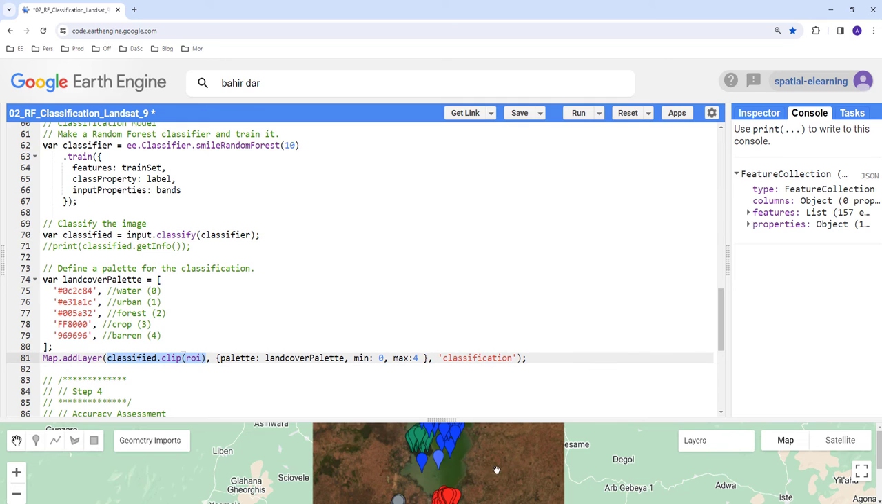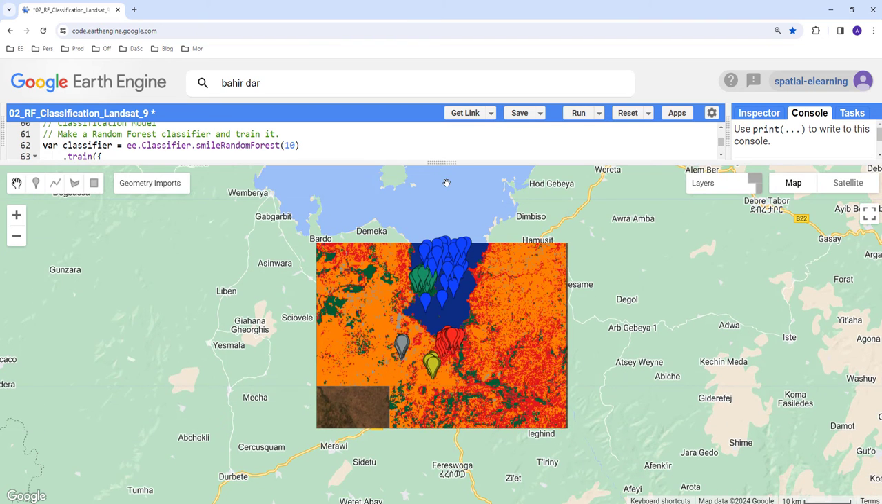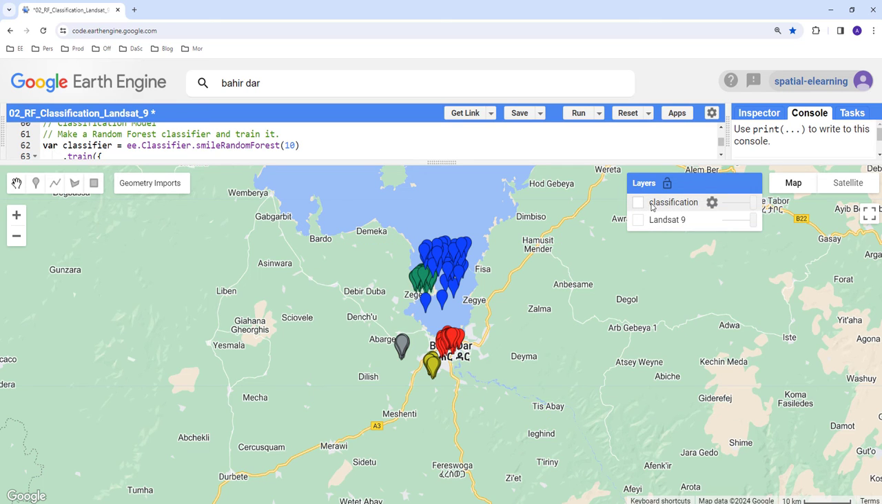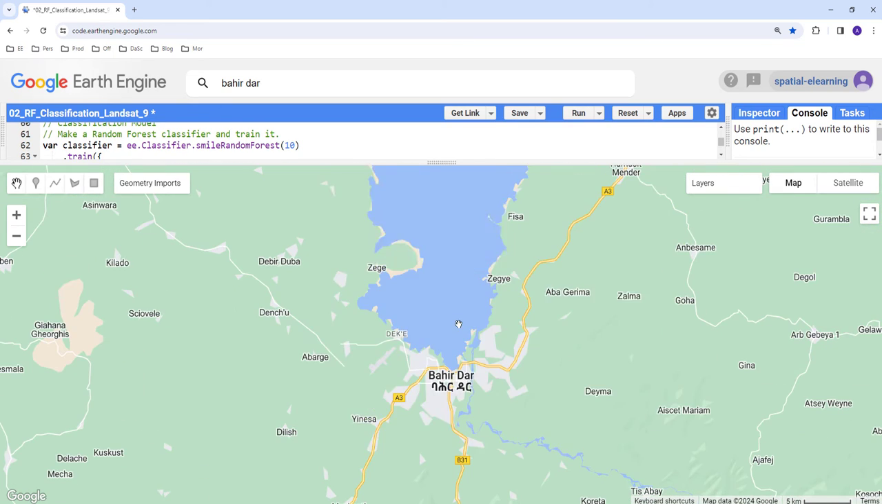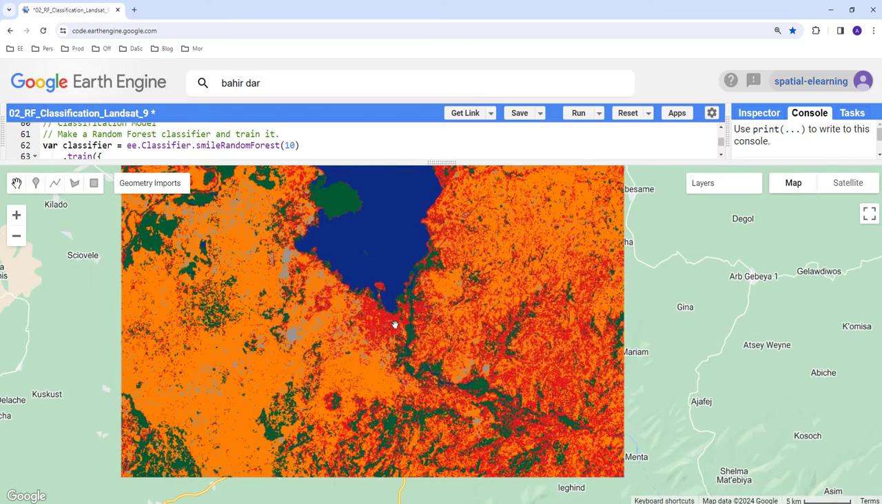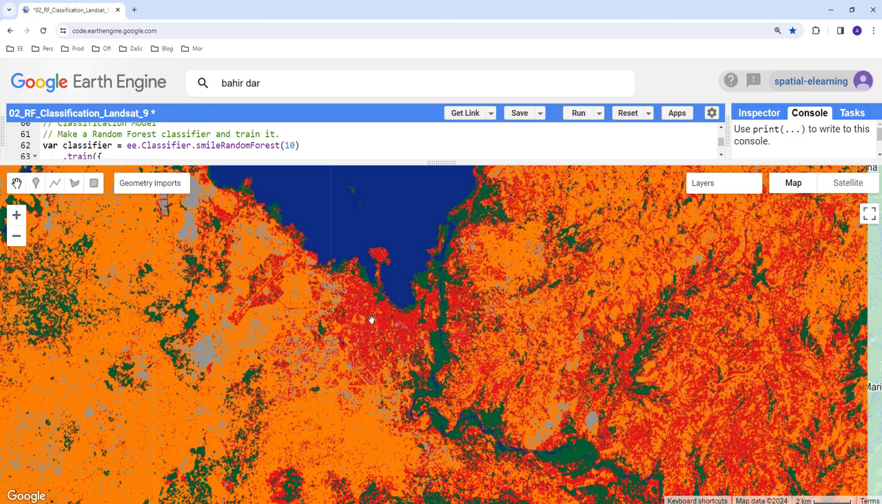We're gonna clip it by our region of interest here, and then provide a color palette here, the land cover palette here, and min max is just different land cover classes from 0 to 4, remember, and then the layer name here. That is it, and we're gonna see hopefully land cover classification on our map canvas here. Let's just remove the Landsat image. Let's remove the training data sets here, or label here, that way. So now we have a land cover classification, a predicted land cover classification based on our training data and also